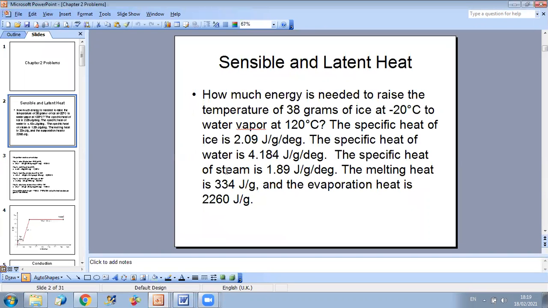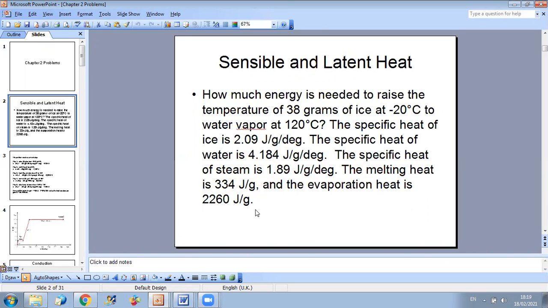The specific heat of water is 4.184 joule per gram per degree, and the specific heat of steam is 1.89 joule per gram per degree. The melting heat is 334 joule per kilogram, and the evaporation heat is